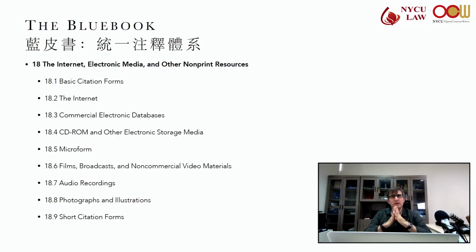If you can cite to the internet as if it's the original print source, you would, if it's authenticated, official, or an exact copy of the source that's online, you can cite as if you're citing to the original print source.